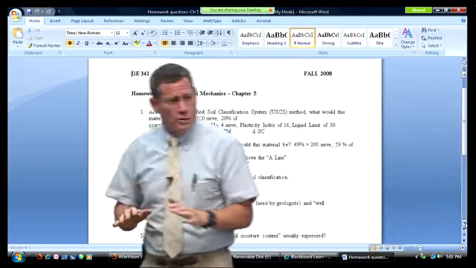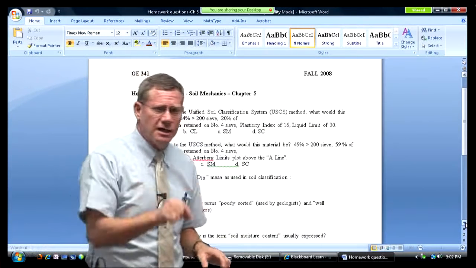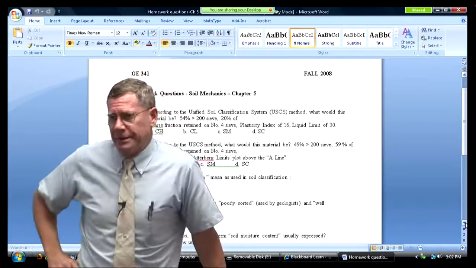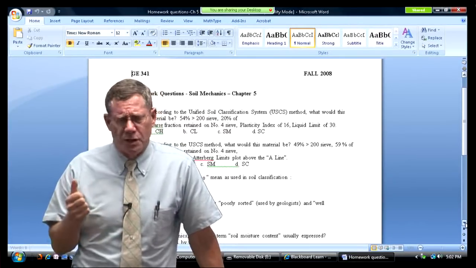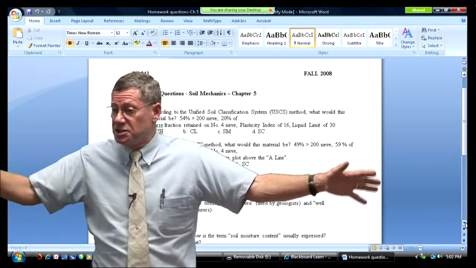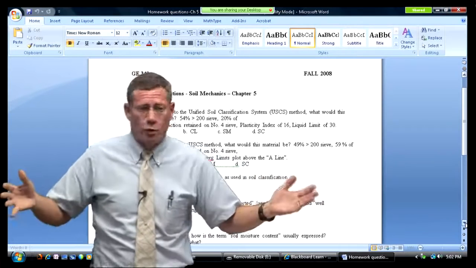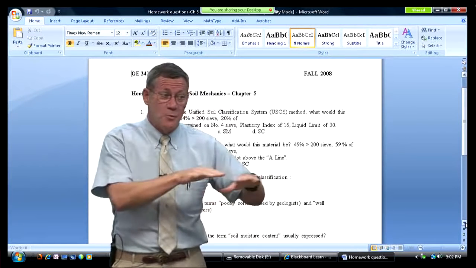I mean, it's so well graded that after you roll it, you can pour a canteen on it and you won't get anything going into it. That's how tight it is. Whereas poorly sorted would mean lots of the same thing, not lots of different materials. Because in geology, the only time you get poorly sorted material is in a debris flow. The rest of the time, it's always well sorted,